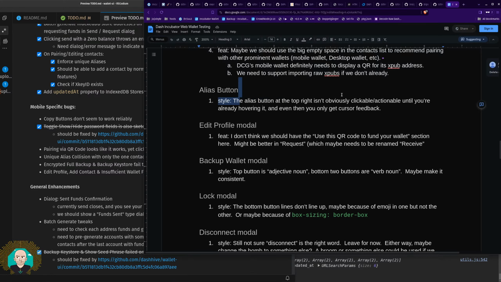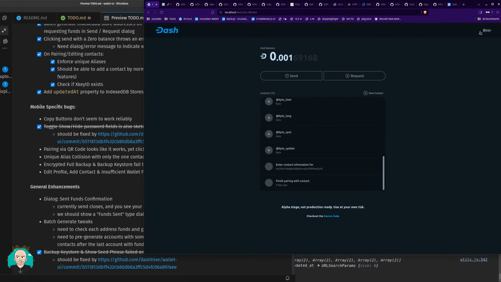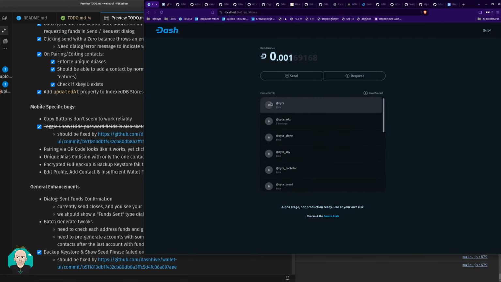So that alias button at the top right isn't obviously clickable. That is the user alias up here. I agree, we should have some sort of hover. We also mean to implement a profile icon, something like this. And I could do this exact same thing that I have for the contacts for your alias. So we could have that at least for now. Ideally,